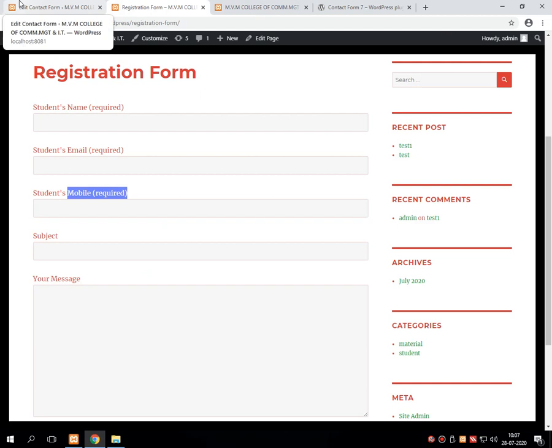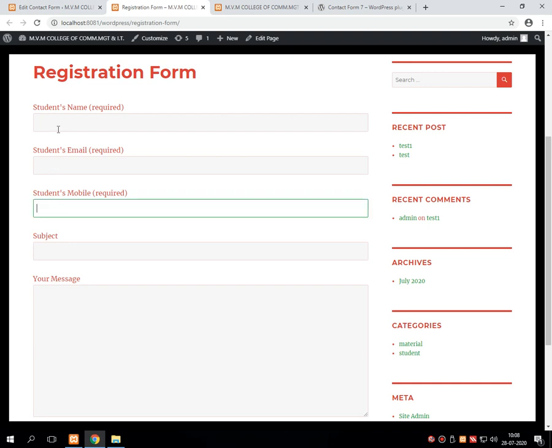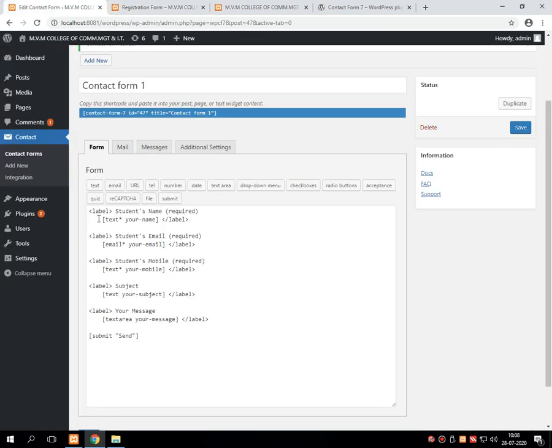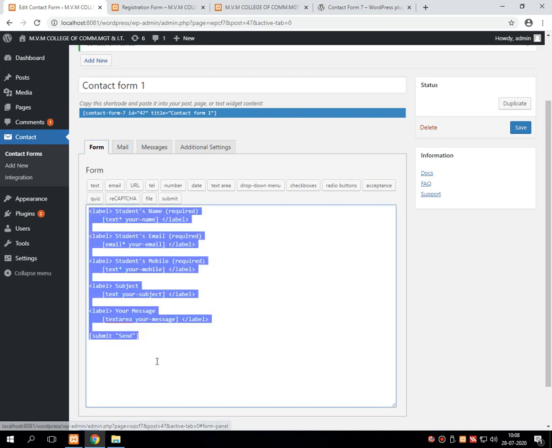Up to this I have four text boxes: one for name, another for email ID, another for mobile number, one for subject, and the last one is a text area, that is for accepting a message. Up to this it's okay. Now what I want to do further, this is actually in the tag called form. There are many tags in the settings. All these are in the form.